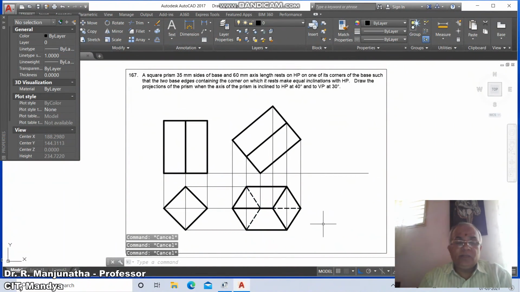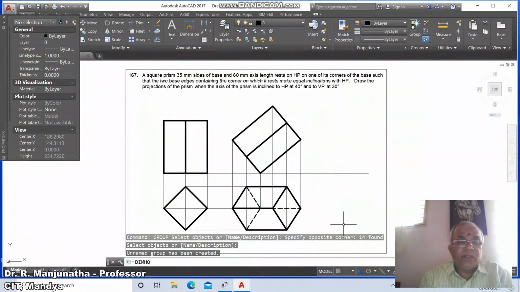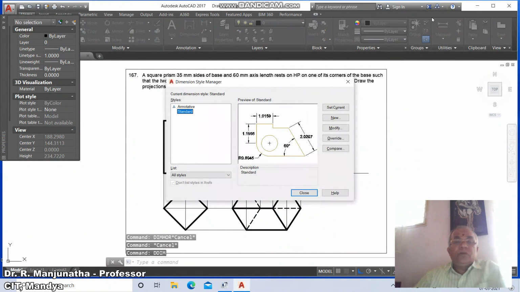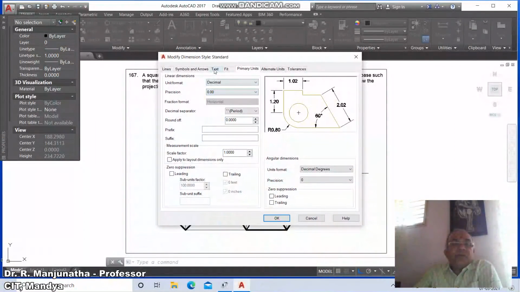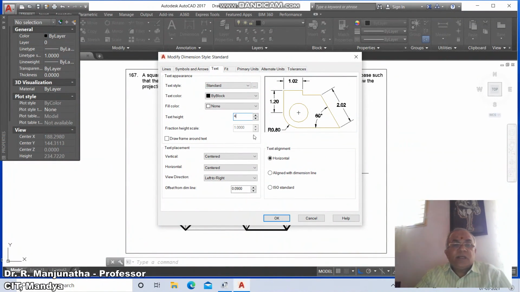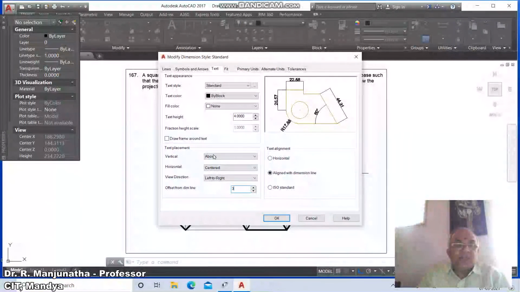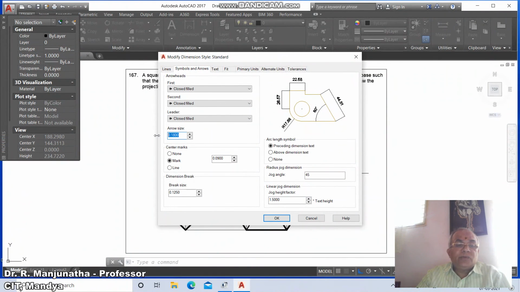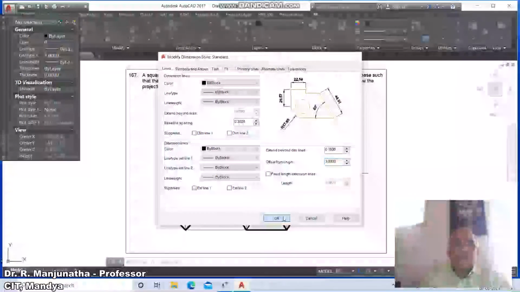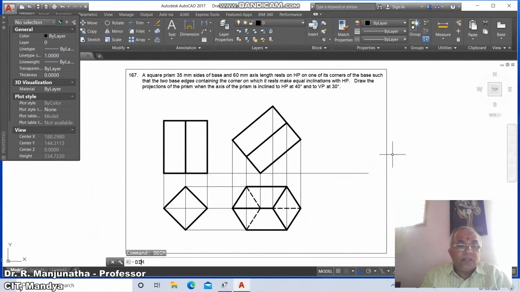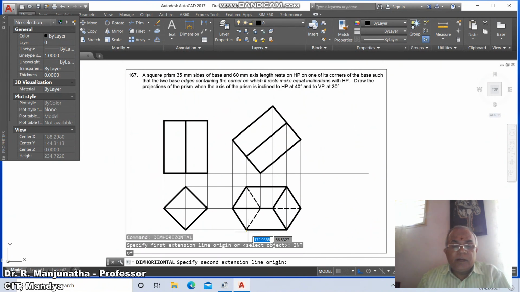And once you do that, then go to group, select this entire thing as a group, then go to dimension, then go to DDIM, go to modify, now click on the primary precision as 0.00, go to text, take the text height as 4, align with the dimension line, centered becomes above and take this dimension as 3, then go to symbols and arrows, take the arrow size as 4, and lines and symbols, take the offset from the origin as 3, say OK and say close, then go to dim horizontal, take a intersection part of this, take int